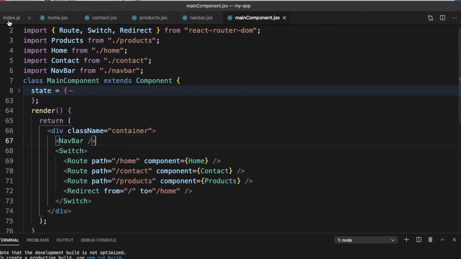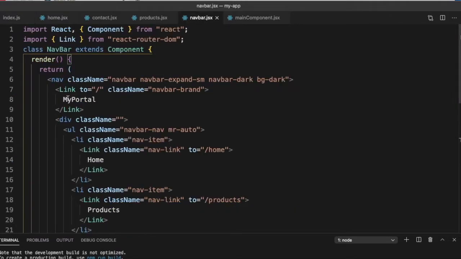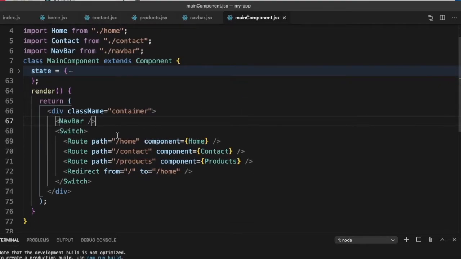So let's just recap them. In our index.js, we wrapped the main component in a BrowserRouter. Our links were refactored. The href tags were replaced by Links with the to. In our main component, within a Switch, we defined all the routes. And it is important that the correct order of the routes is defined because Switch will render the first route it matches. So it will just match, and whichever is the first one it matches will get rendered. So if it matches slash home, then the component Home will get rendered within this Switch.